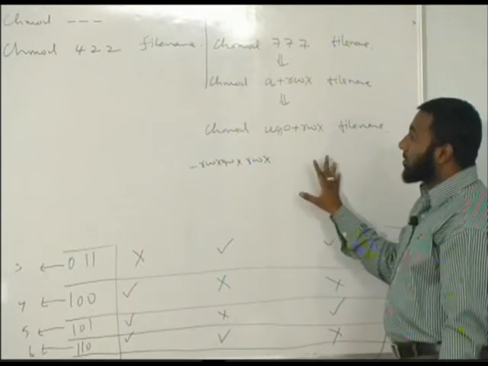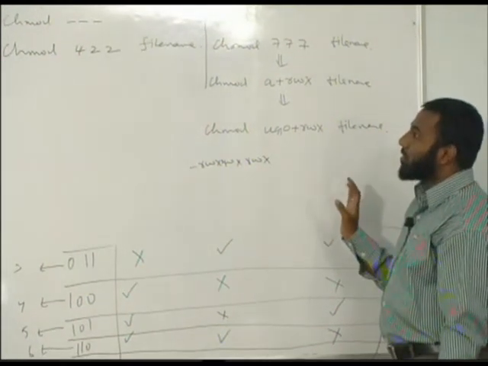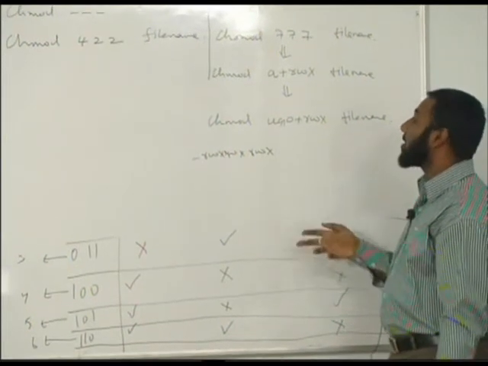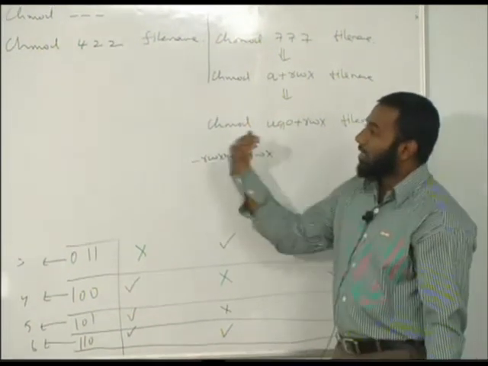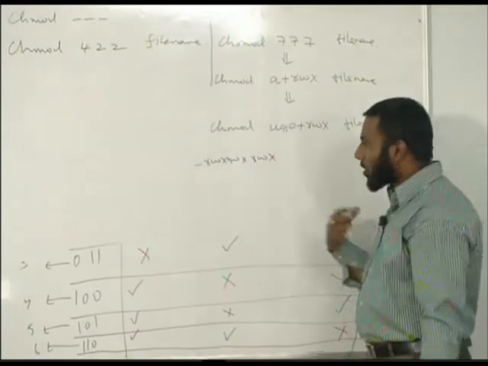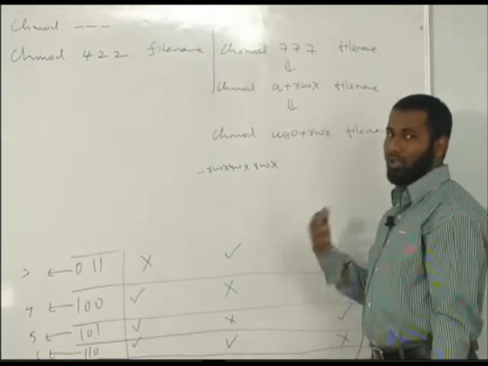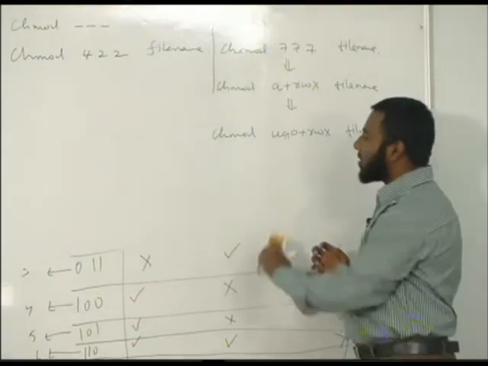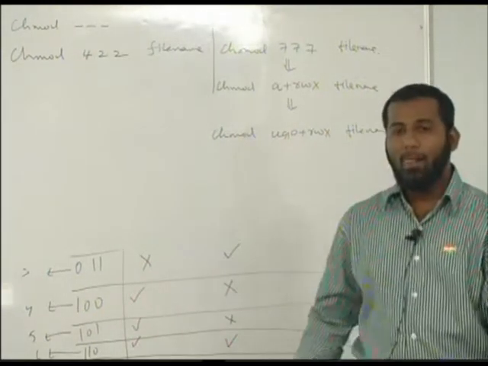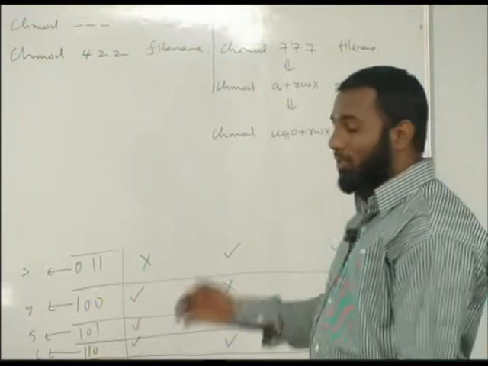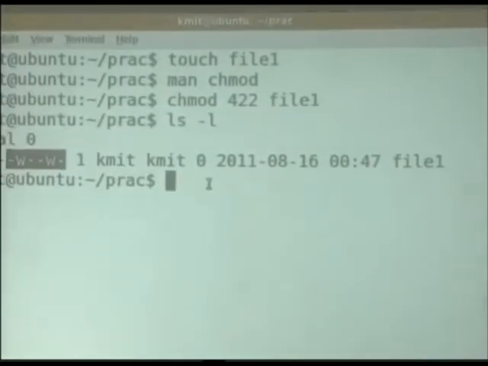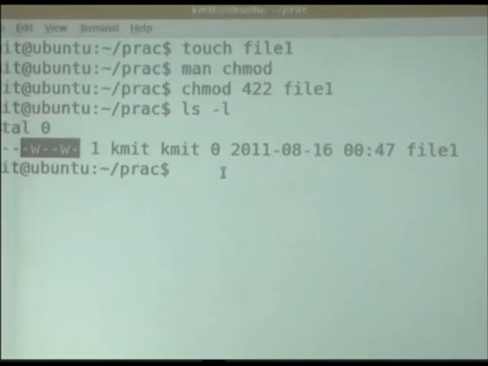So remember, file permissions can be given only by the owner of this file or the super user, which is root. If XYZ is the owner of the file, I cannot go and change that permission. Being the owner of a file, I can change the permissions of the file, others cannot. But if you give this kind of permission, then others can modify the contents of your file. So let's see how to give those permissions now.